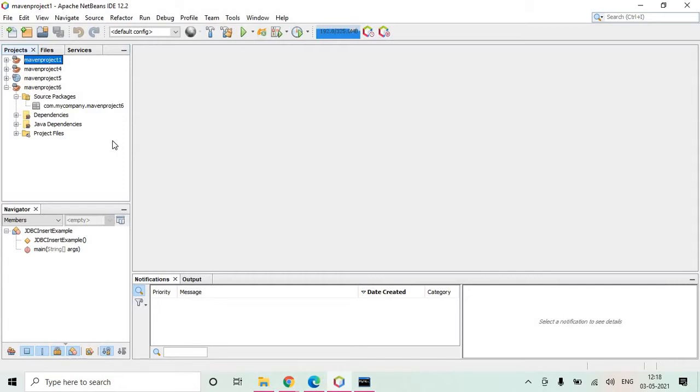Now to execute this JDBC program, you need the drivers. Drivers means you need an interface between your program and the database. You need a connector, you need a driver.